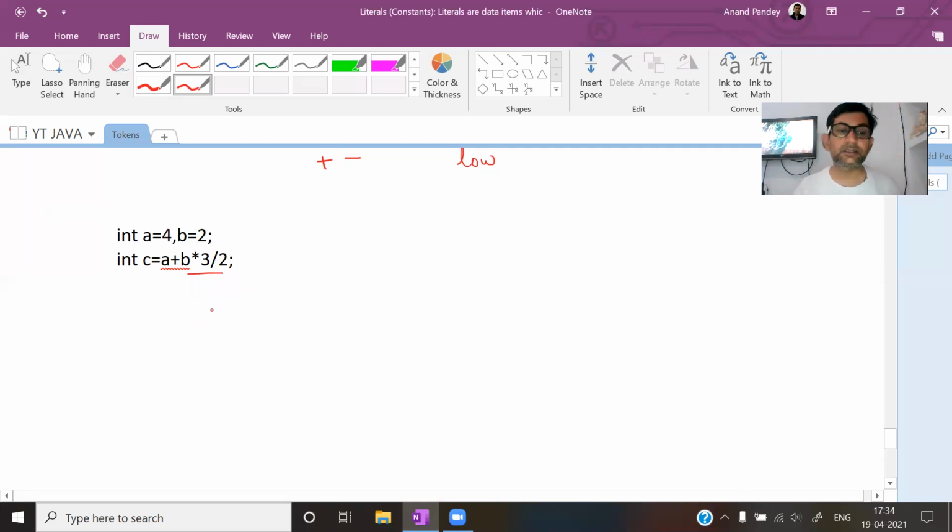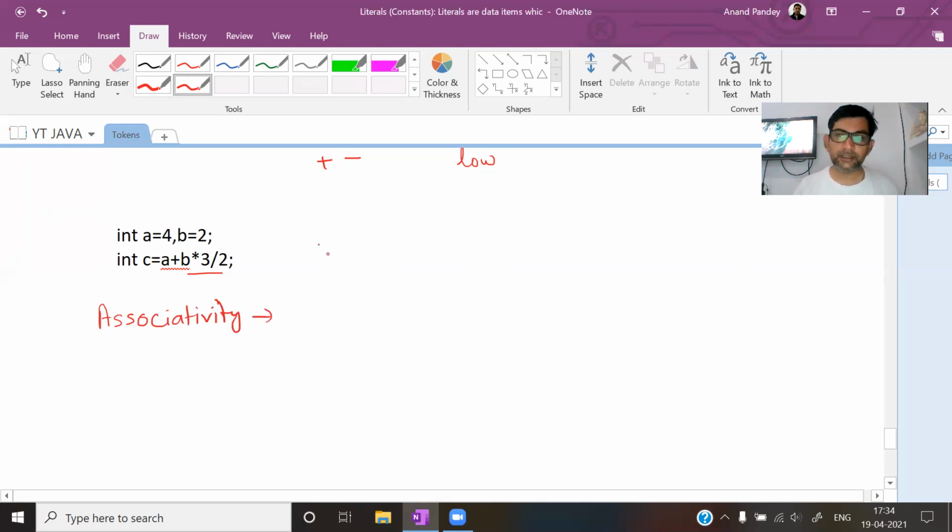So here one question arises: which operator will be calculated first? What is the situation here? That situation is that the operators of same precedence are coming in sequence. Then a question arises: which operator will be calculated first? अब दोनों की priority same है तो किसको पहले solve करेंगे? So in this situation, when the operators of same precedence occur in sequence, then we need to apply associativity rule. And what is associativity rule for arithmetic operators?